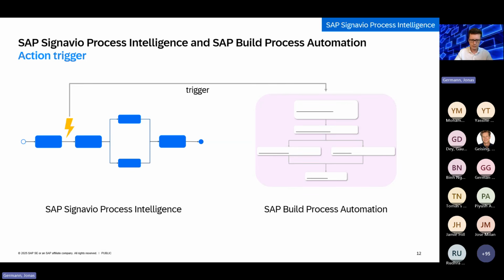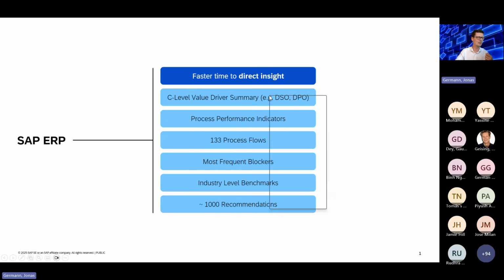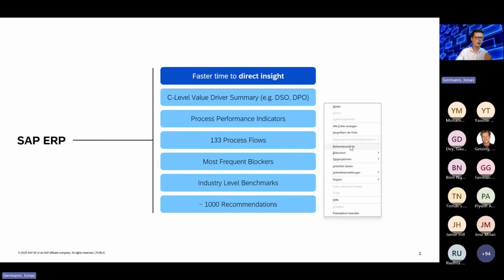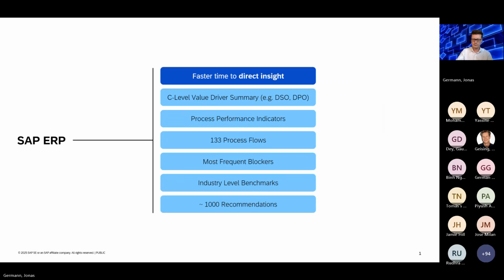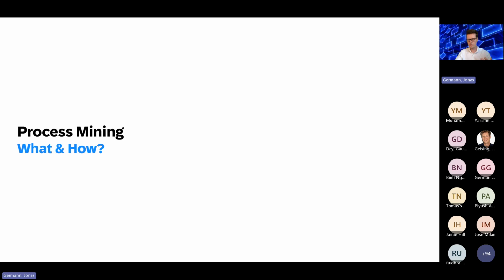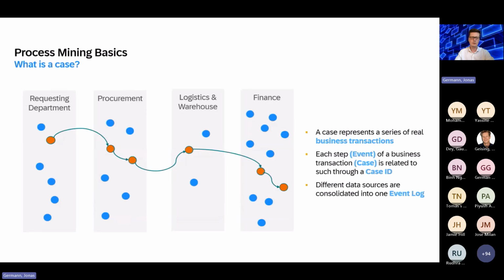Before I show you that, I thought it's helpful to tell you what process mining is so that you can understand it when I'm talking about this. Process mining, for everyone who's not aware, very simple, very basic, explained. You have processes which are going through different divisions, different lines of business in your company. For example, the topic of an invoice.